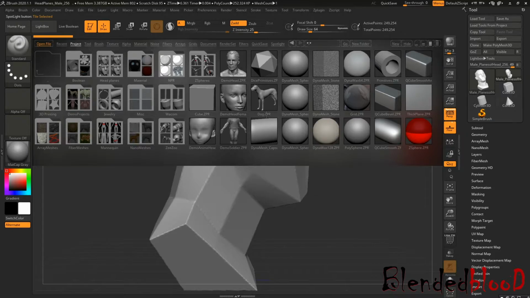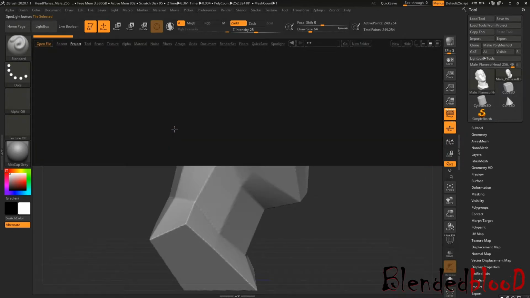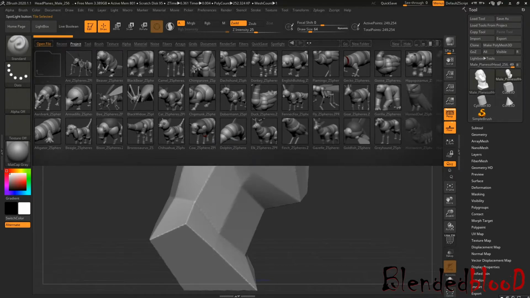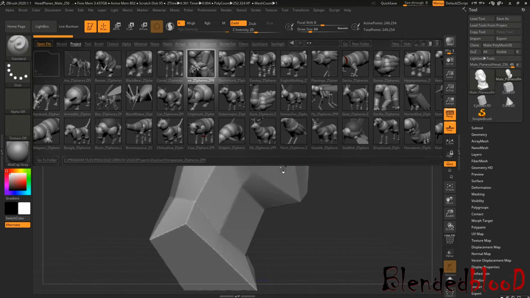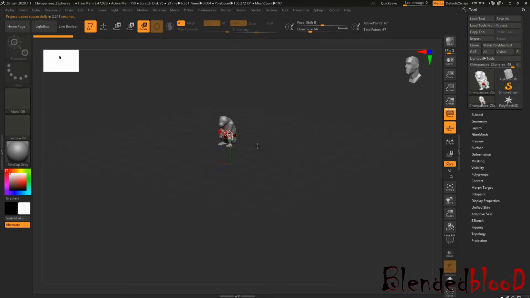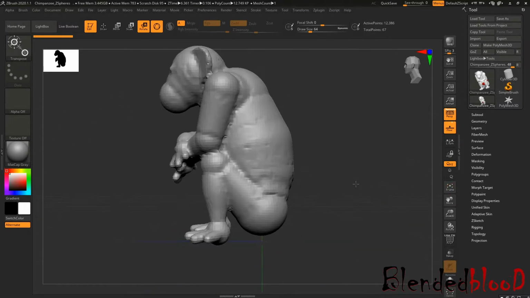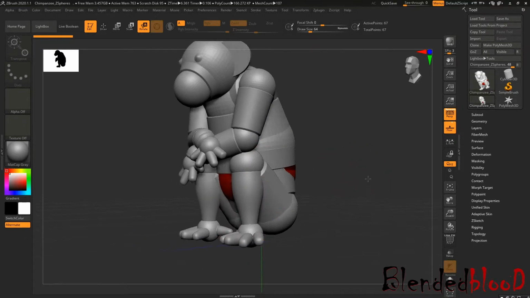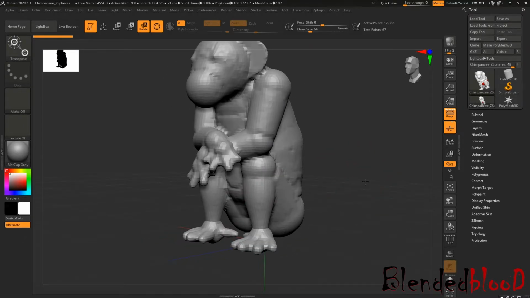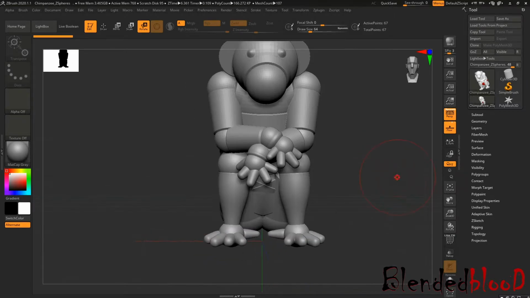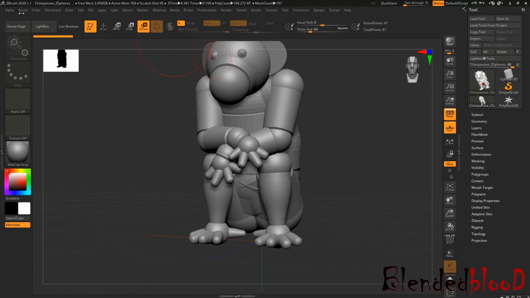These are a few things which will be known very soon, when we start working on a specific model. Okay, see, these are the default basic geometries of specific characters. If you're working on a donkey, a Doberman kind of dog, a Dachshund, or chimpanzees. If I click on chimpanzees, then I will get the geometry structure of a chimpanzee. See what I did, I just pressed A, so the given geometry will be transformed into my base mesh, but we will see that later. For now, again I will come to the basic tools.